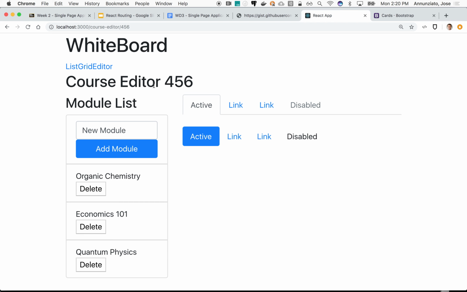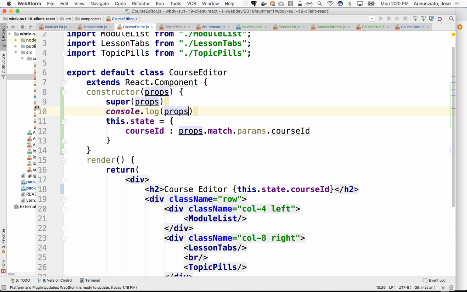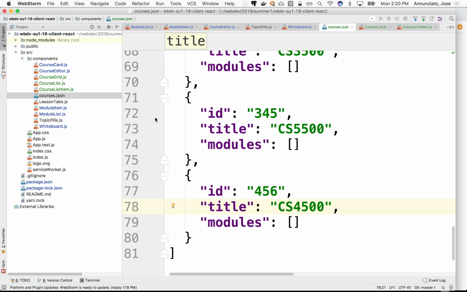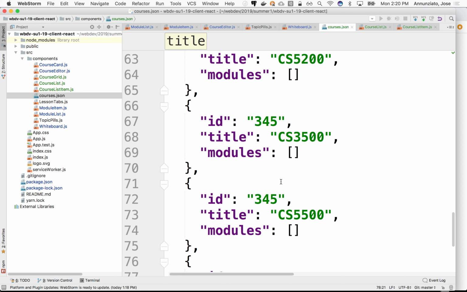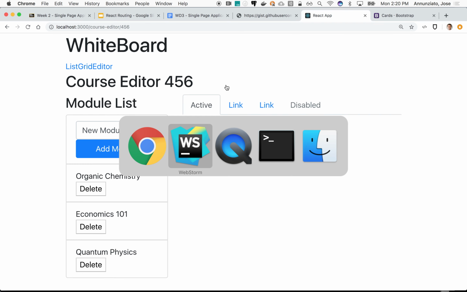Maybe the title of the course, maybe even the list of the modules, maybe even the pills. Maybe all these should dynamically now render with what? They should render with the content that would be available in the JSON file. It will be that specific title, that specific set of modules, that specific set of topics and whatnot. So for instance, one of the things I would like to be able to do here in the course editor